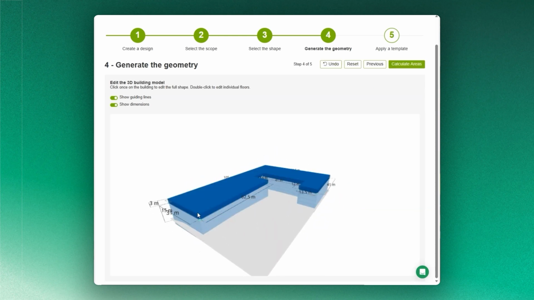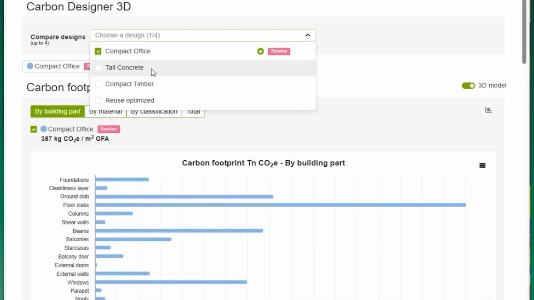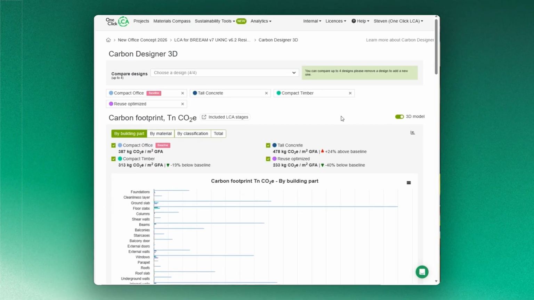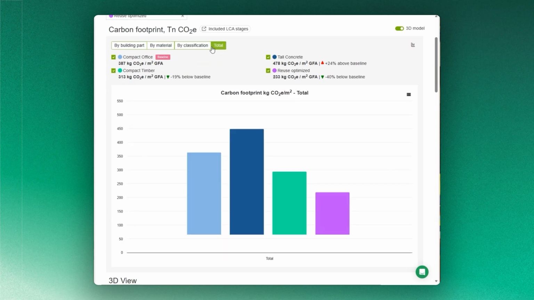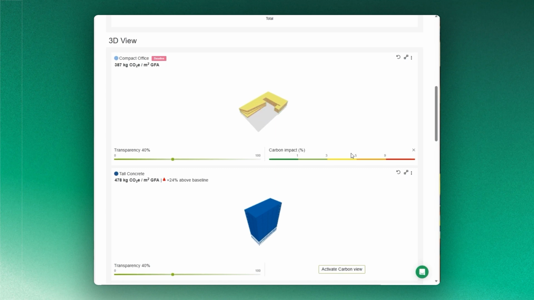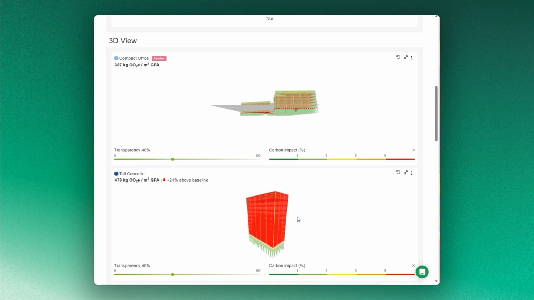From there, you can test real design choices fast. Compact or tall, timber or concrete, reuse or new build, and immediately see how each option shifts both carbon and cost. The data is tailored to local requirements across many countries and can be customized to reflect your own construction practices. The result is fewer assumptions, less redesign, and more confident conversations with